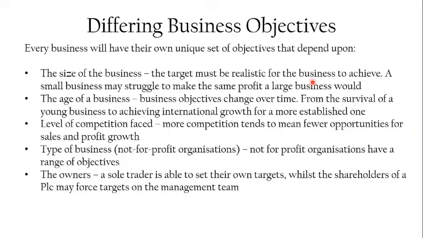So, you know, a little newsagent's corner shop, their target might be to make £10,000 worth of profit in a year. Now, that might be a real success for that business if it makes £10,000 worth of profit in 1 year. Whereas if a large company like Sainsbury's or Tesco were to set that as an objective, £10,000 worth of profit is nothing to those organisations. So the size of the business will determine realistic objectives for that